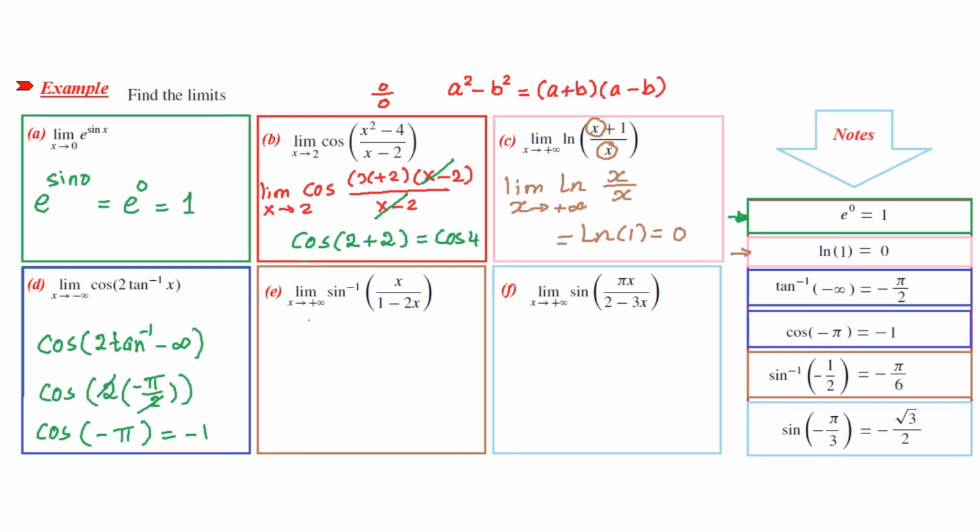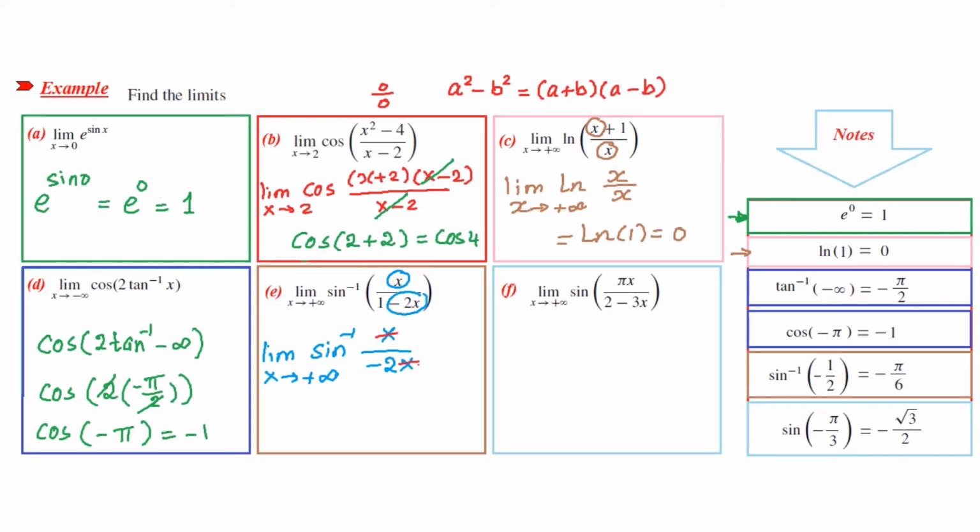Now in part E we have the limit of sine inverse of x divided by (1 minus 2x) when x goes to infinity. When we have a polynomial divided by a polynomial and x goes to positive or negative infinity, you have to take the highest power up and the highest power down and cut the other terms. So we have this one and this one. So we have the limit of sine inverse of x divided by negative 2x when x goes to positive infinity, and the answer will be,